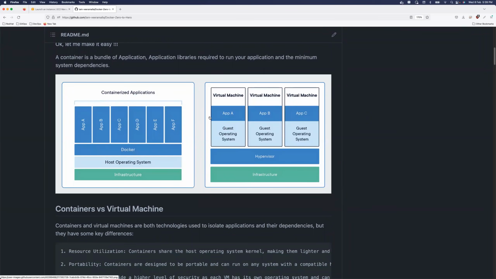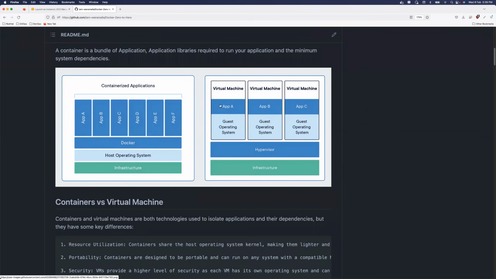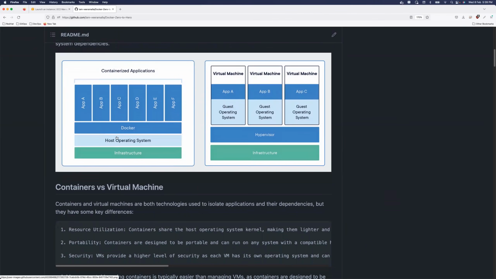Even the diagram that I'm showing you here explains the same thing. On your right side, there is a virtual machine which has a complete guest operating system, so that's why it's very heavy in nature. Whereas on your left side, you have a container that does not have an operating system. They just have some base image, or some base operating system, and the rest of the things, like the kernel and other important things, they use from the host operating system. Only the unique things that your container requires to create the isolation are present as part of your container or Docker image.